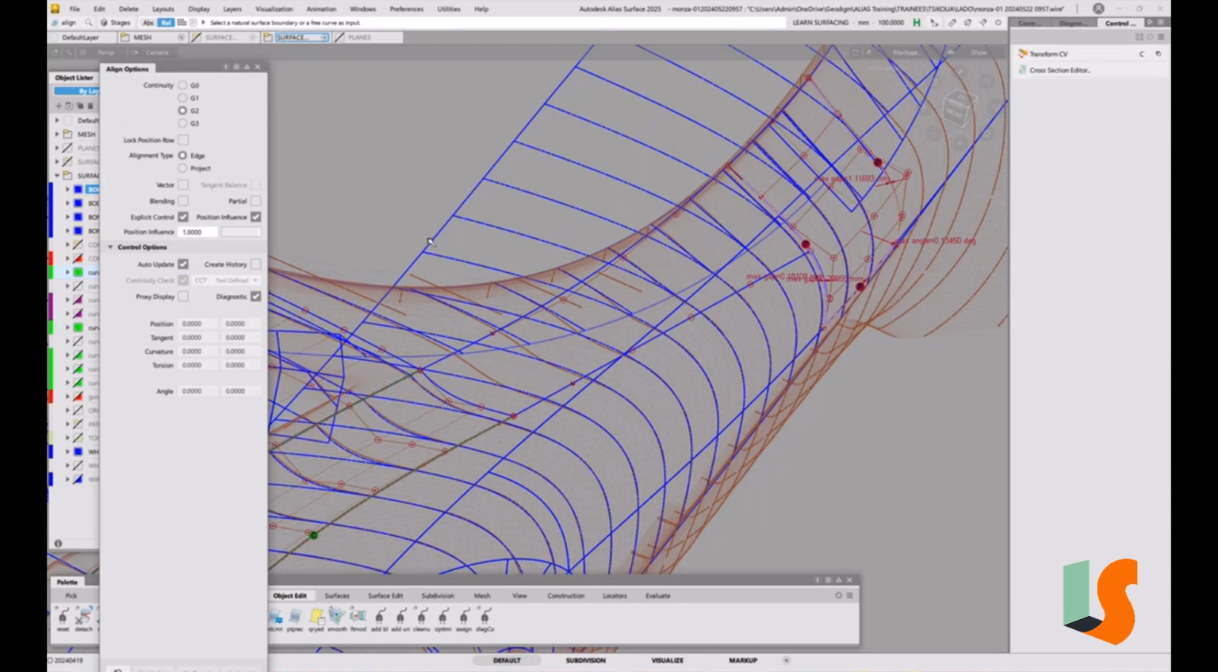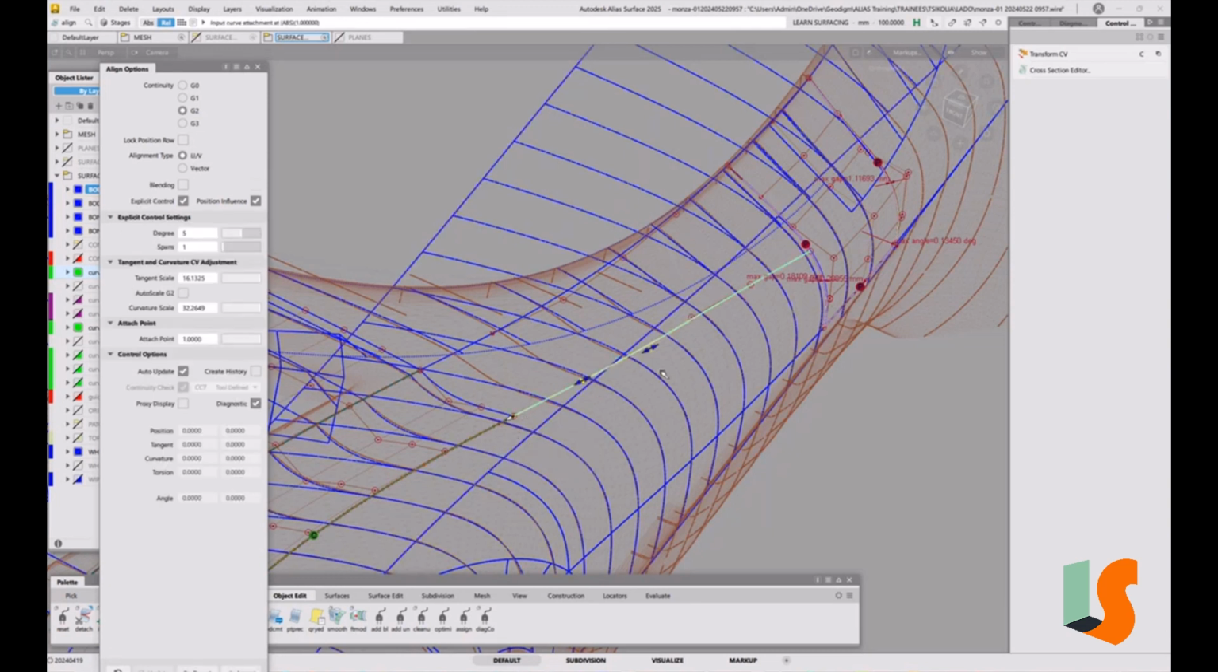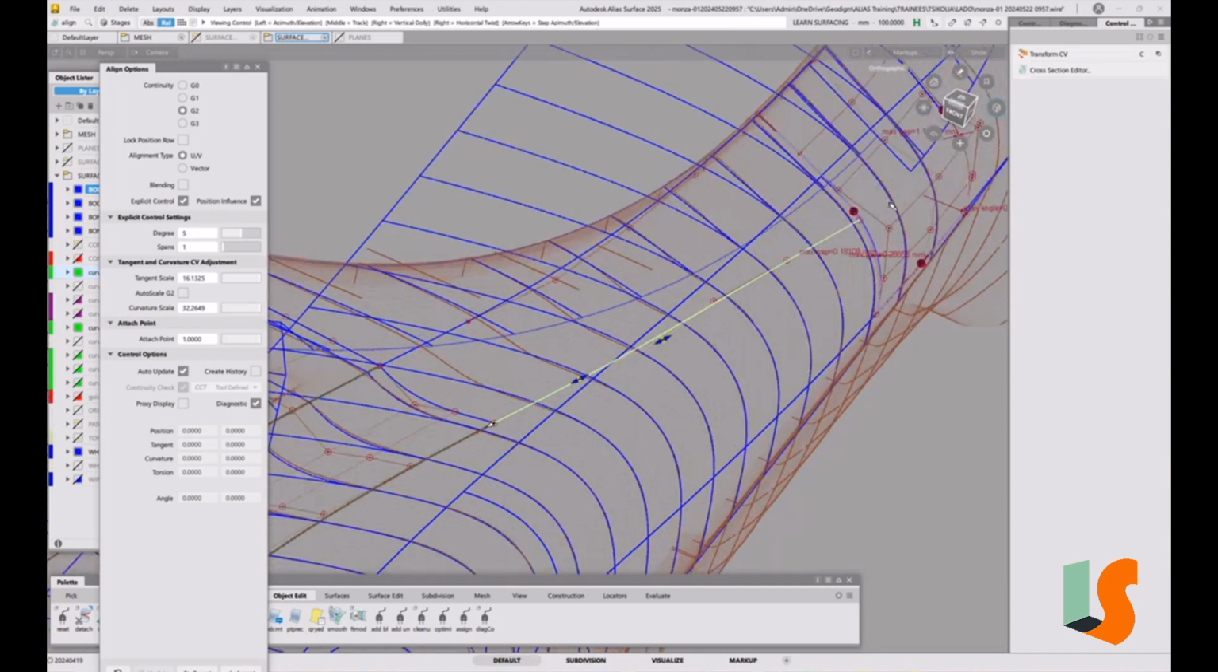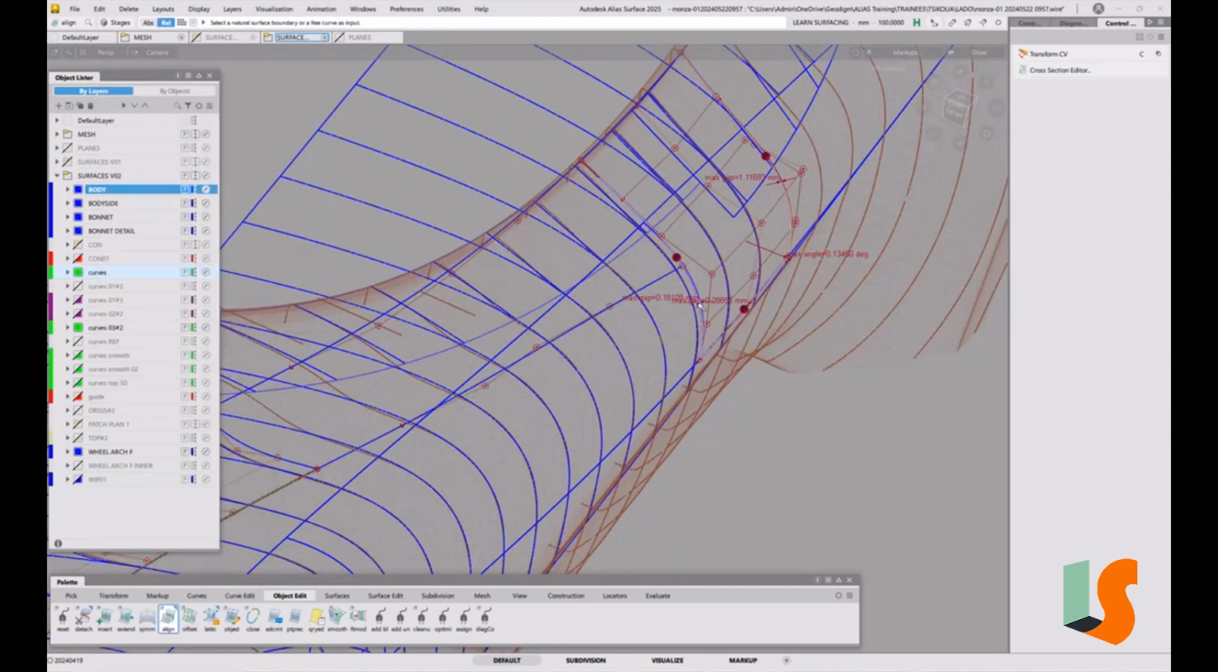Let's try this. So we'll align that way. In that view, that looks about in the right place. Ideally, from the point of view of alignment, this is coming at an angle, and really it ought to be aligned to an isoparm of that surface there. So we could do that by